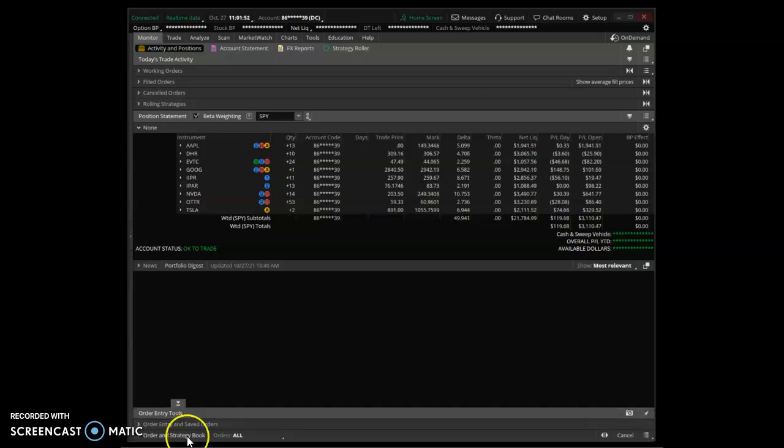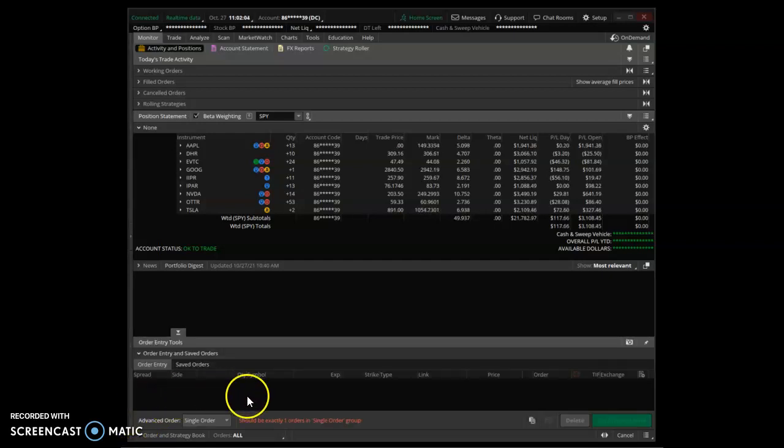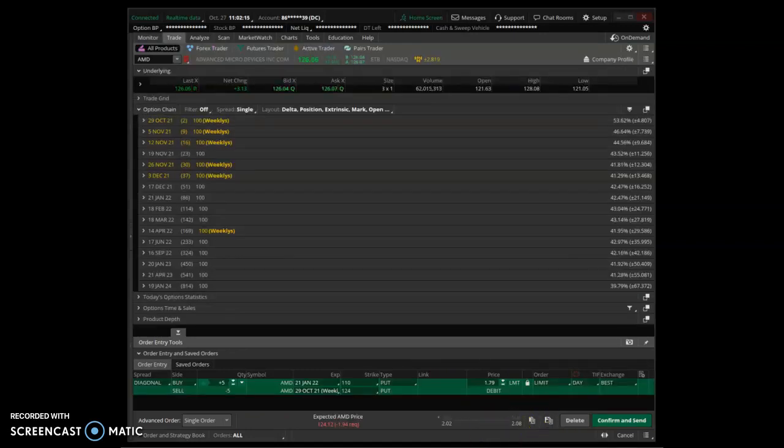When I click that, it will open up this section. And what we want to do is we want to get into the order entry and saved orders. So I'll expand that by clicking this greater than symbol. And then what we can see here is a place where there's normally a trade and a clipboard, and I can click this clipboard and it will paste that trade into